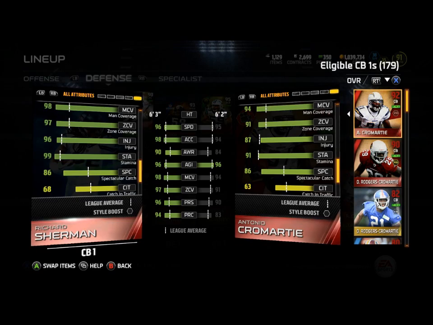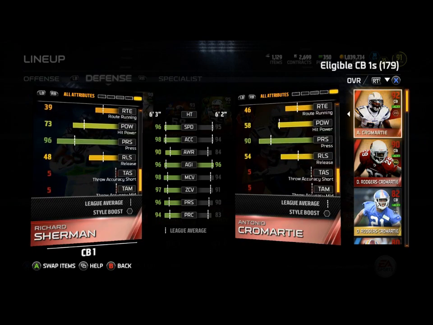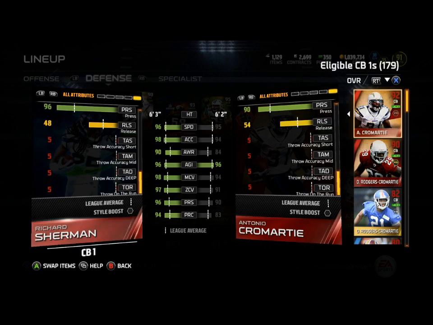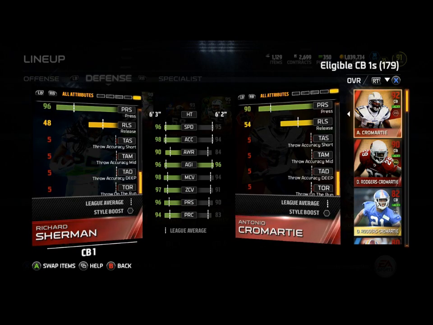The 86 spec catch is still nice. 68 catch in traffic is great. 73 hit power is extremely solid, but his best stat for anyone that plays man really is a 96 press. Even though the game is on all pro, the 96 press is still fairly nice. And so what I will be doing,